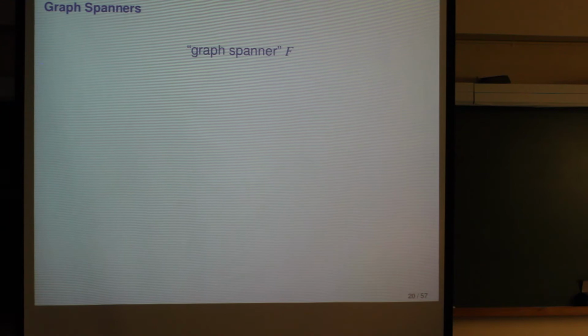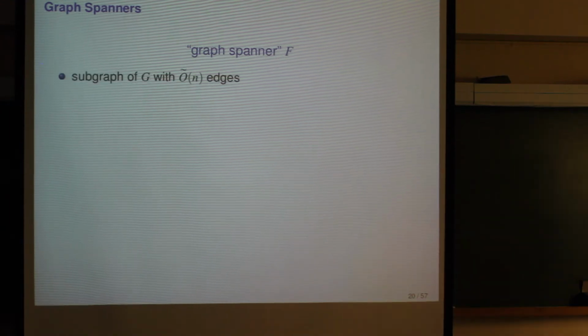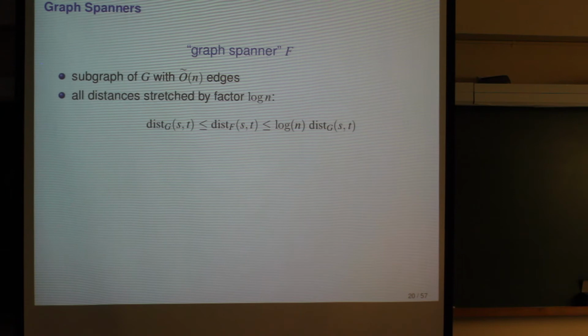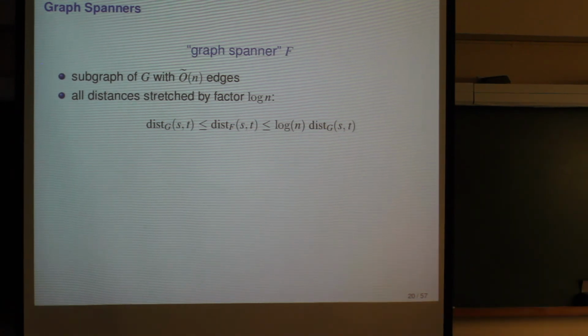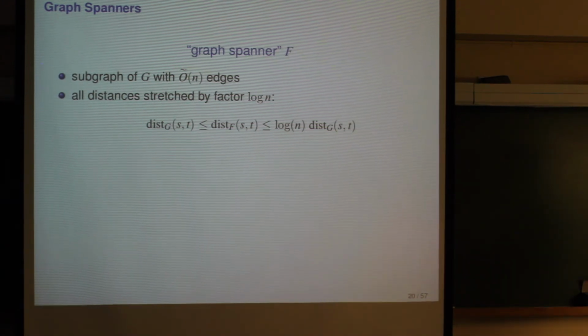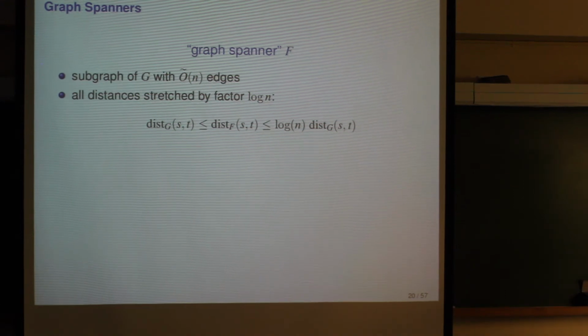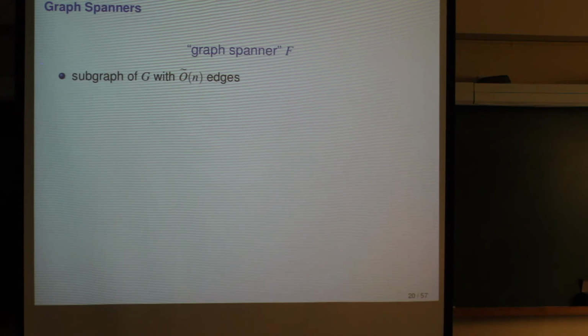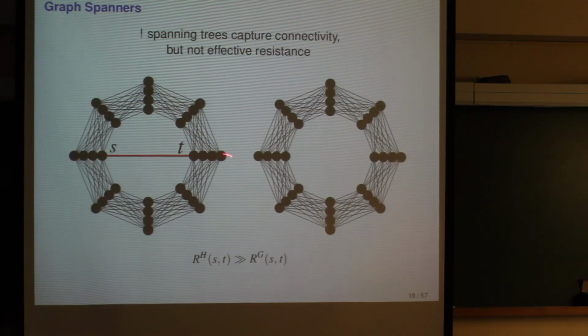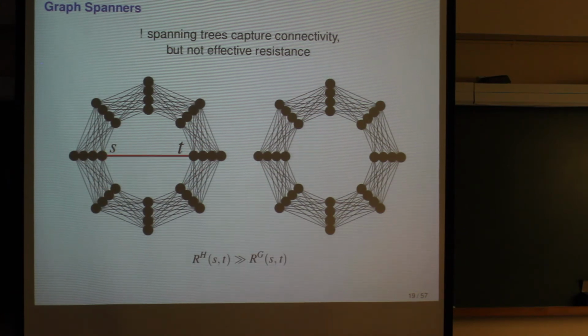So there's a more refined notion, which is called a graph spanner. This is again a subgraph of G, which is very sparse. But now all distances are stretched by a small factor. Now, what does that mean? You take two nodes S and T. They have a shortest path in the original graph. Now you want that in the spanner, which is a subgraph, the distance is not stretched by too much. Since you're taking a subgraph, the distance will increase because you're only removing edges, but you want that it doesn't increase by too much. So in this case, you should definitely keep this edge because their distance would be 1, and removing this edge would make it scale like n or something like that.